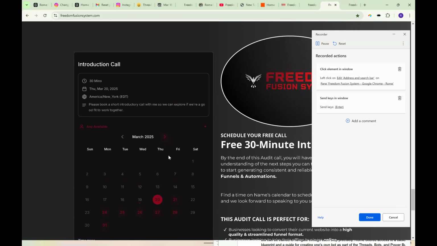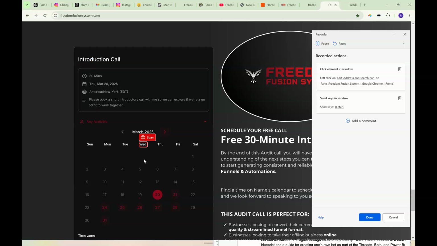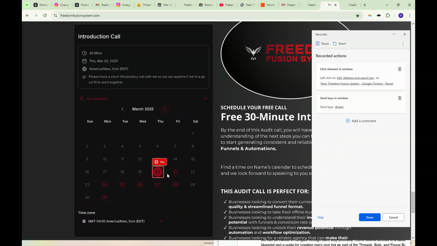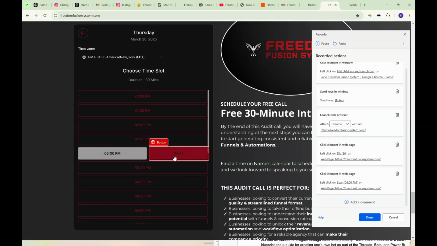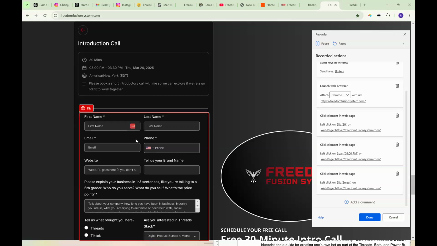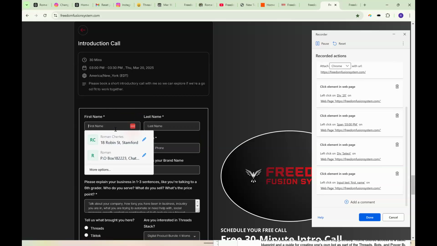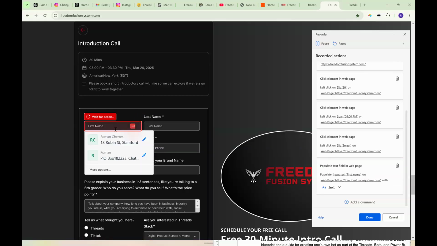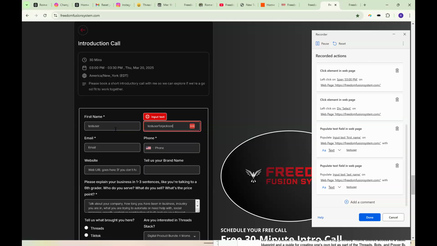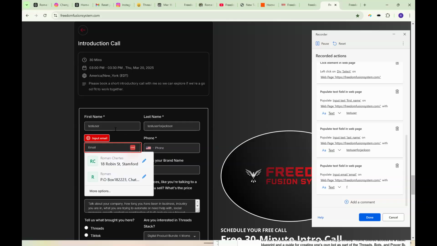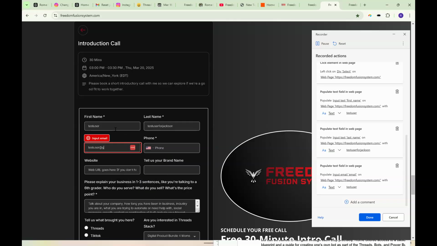So what you're going to do, you're going to add, like this one, for example, 20, like this one, right? And then you're going to select time. You're going to select button. Then you're going to fill that in. And then test user for Jackson. And then you include test user at,